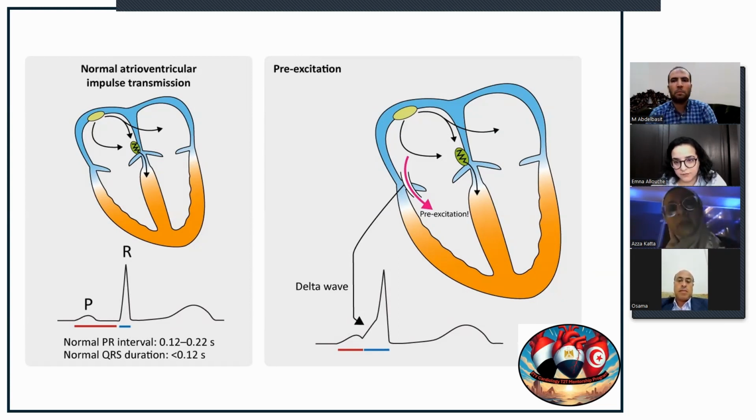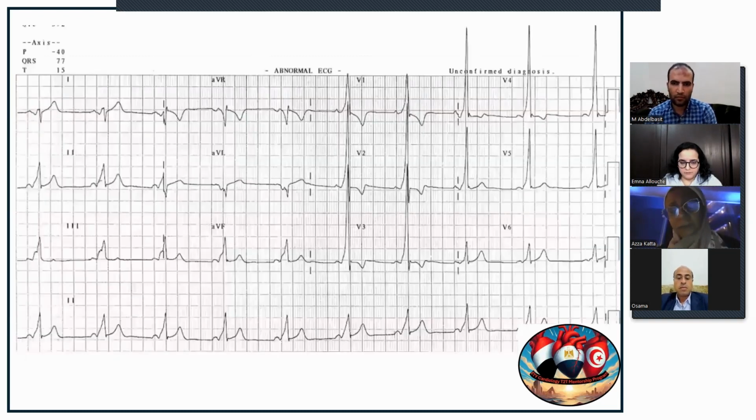The only connection between the atria and the ventricles is the AV node. There shouldn't be any other connection because there is a fibrous ring between the atria and the ventricles. Only the AV node is the connection. If there is an extra connection between the atria and the ventricle, I mean extra single or multiple muscle strands that connect the atria and the ventricle along the AV annulus, this is known as a bypass tract, and this bypass tract does not follow the normal rules of AV conduction. It will conduct very fast if it is working in the antegrade fashion, resulting in a short